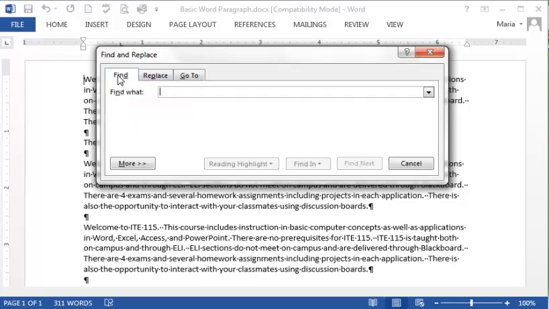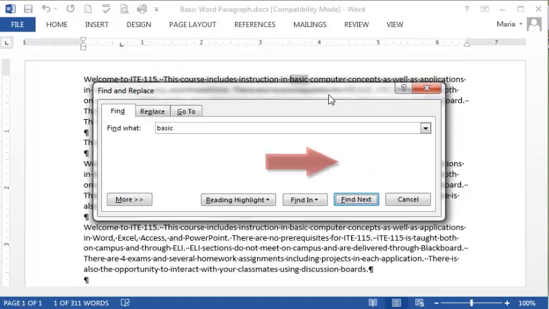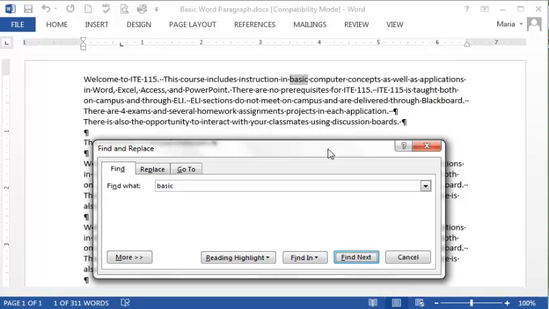So let's click find, and let's look for the word basic. So in the find what box, I'll type in basic. And I'm going to click find next. I'll move the dialog box down a little, and you can see that it has found the first occurrence of